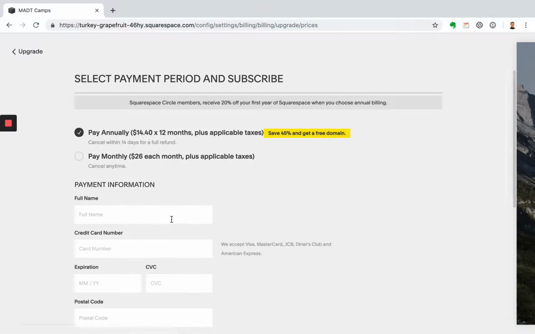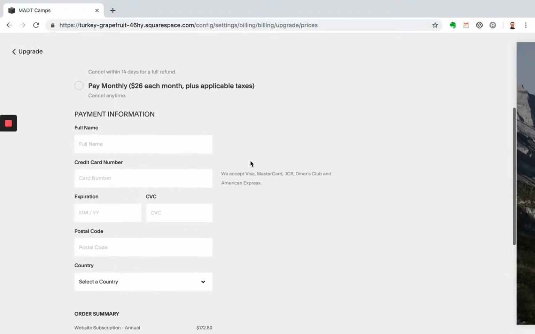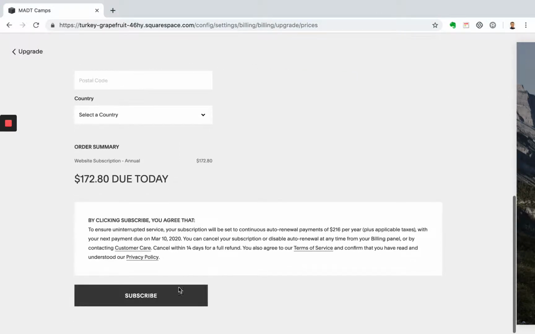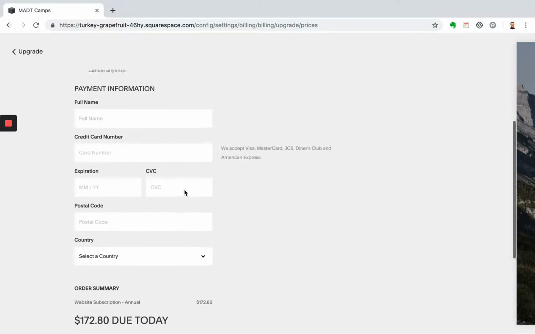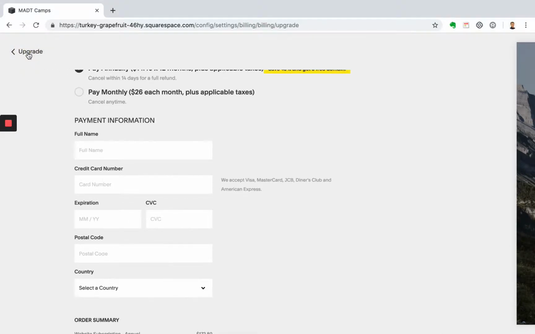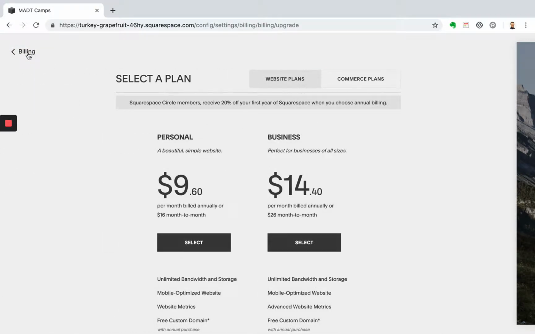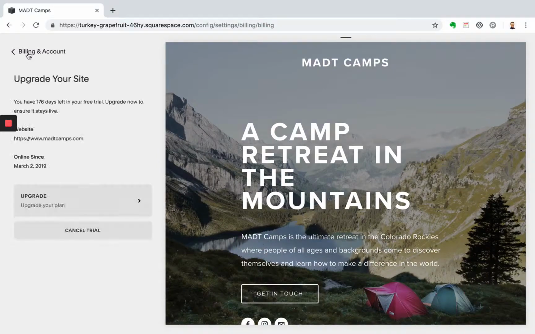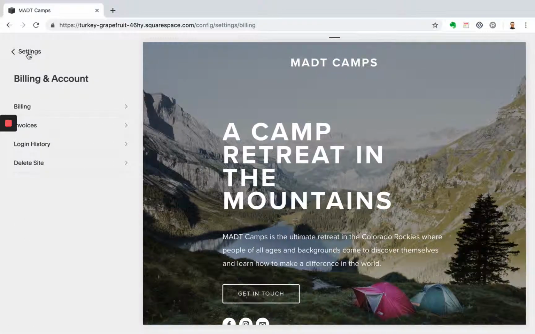So now decide whether to pay annually or monthly. Choose the annual plan. You'll save a lot more money here, plus you'll get that free domain that I talked to you about before. So fill in your information here and click subscribe. So this will upgrade your plan so you'll be able to set your site live. So once you do that, there's a few more things that we can do now to get your site ready for launch. So head back here into your settings